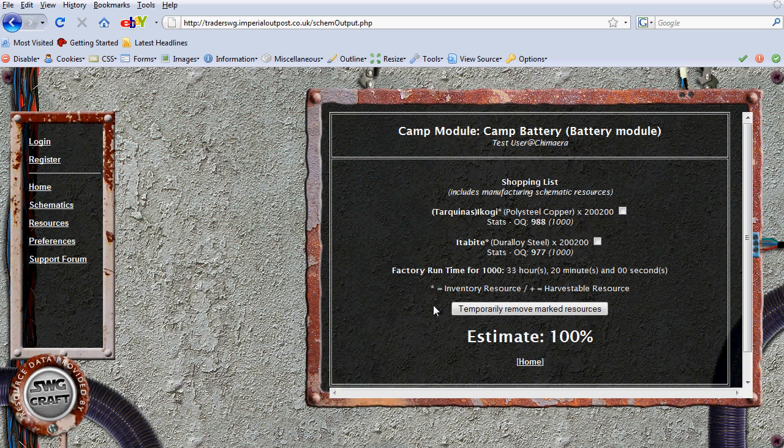And it's as simple as that, and it brings back our title, who we are, test user. I'm actually in Euro Chimera, in case you can't tell from the accent. And here's our shopping list. Includes manufacturing schematic resources, so it's 200 copper and 200 steel for this recipe, I believe. So it's included 200,000 plus an extra 200 to make your manufacturing schematic, which will give you a factory run